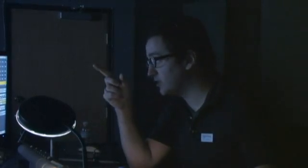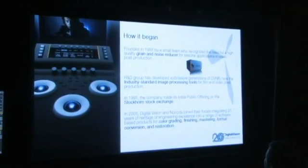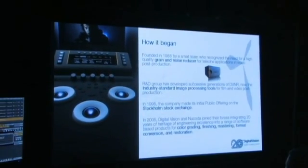And also one of the key technologies that Digital Vision have is the DVO processing, all the inherited technology from the DVNR product. So that is how it began. Digital Vision have been making this product for 21 years this year. And the hardware box that you see in the top of the screen there is the DVNR. It's commonplace in telecine suites mainly for grain and noise reducing, for dirt removal, things like that, in an automatic